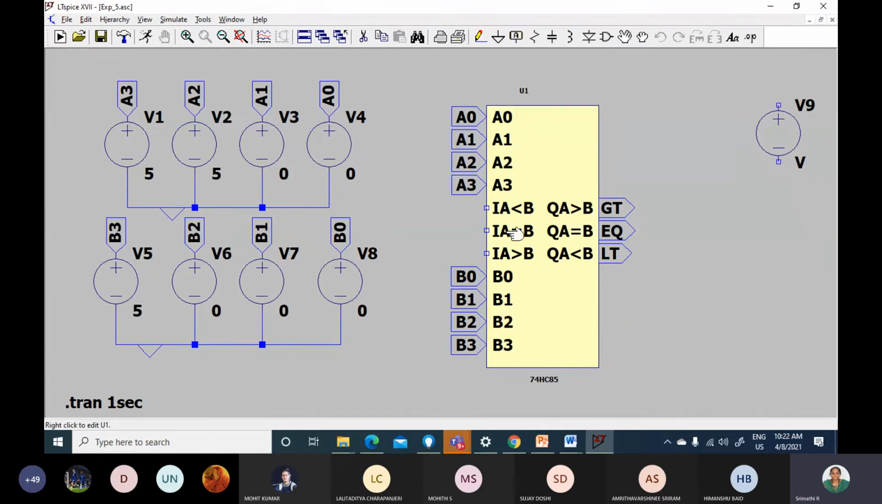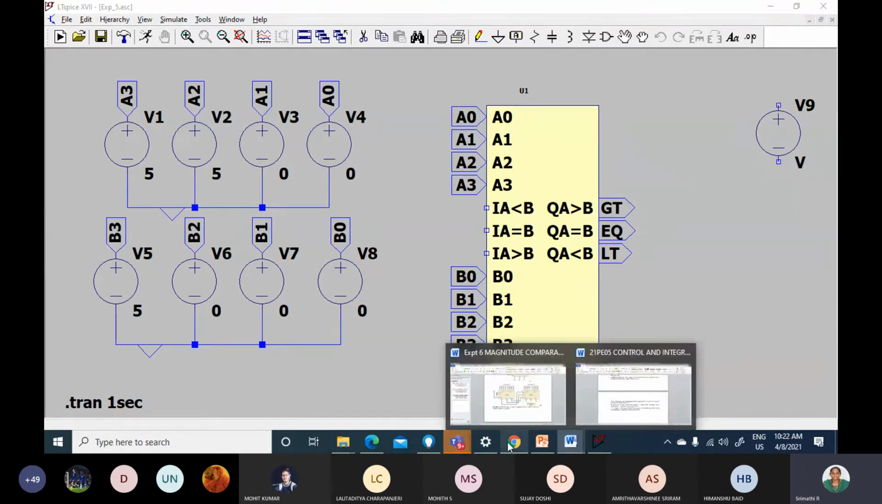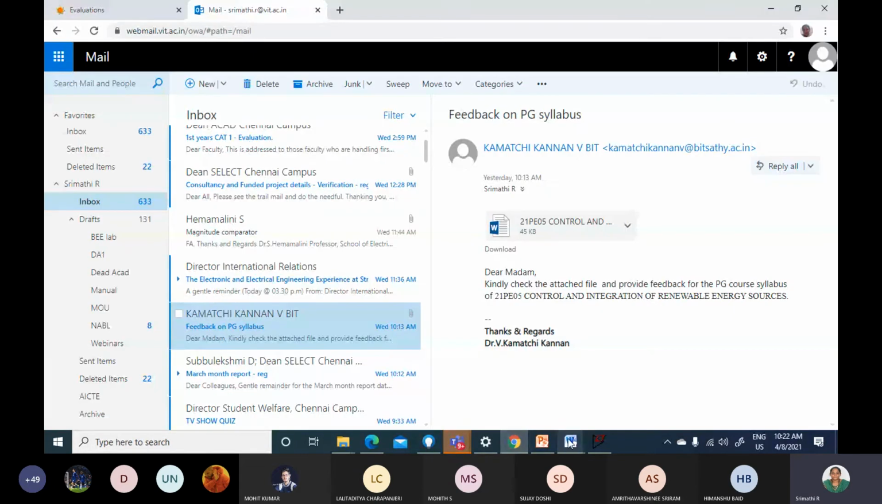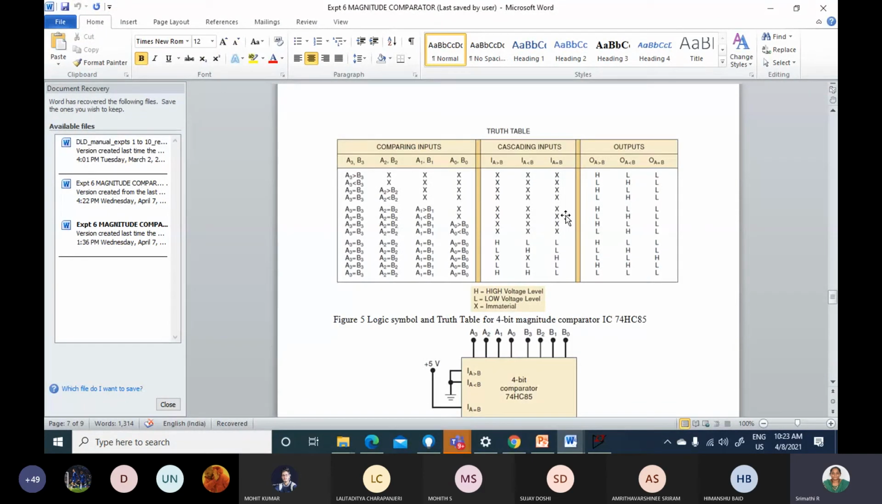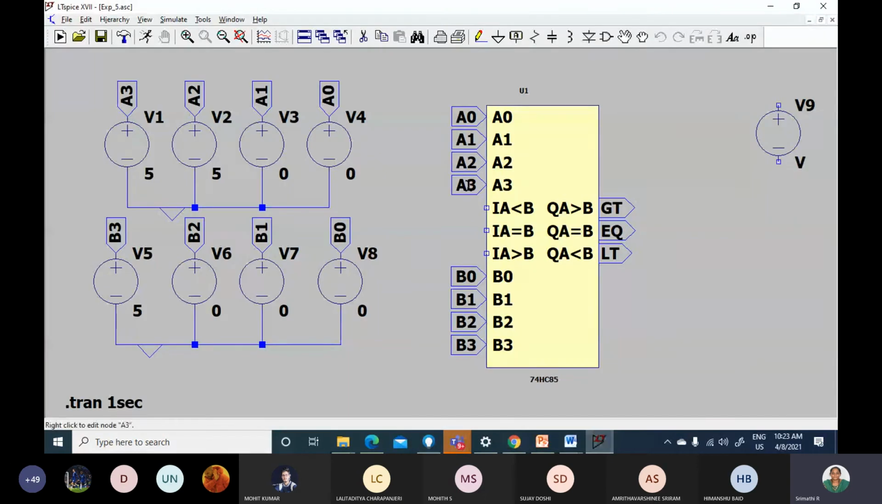I'm just leaving them as such because, see here in the truth table, if I'm using only one IC, I will be having only X don't care conditions, so I have left them as such. Even if I give something or don't give, that doesn't make a problem. So I am giving logical 5 volt. 5 volt represents logic 1, 0 volt means logic 0. So A is 1100 and B is 1000. Okay, and if I run this,